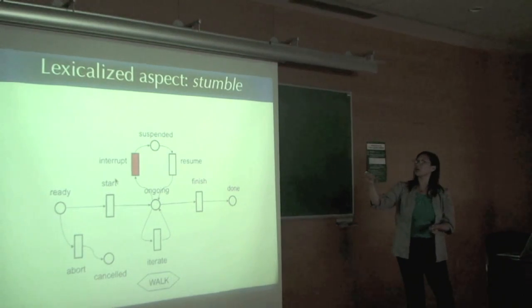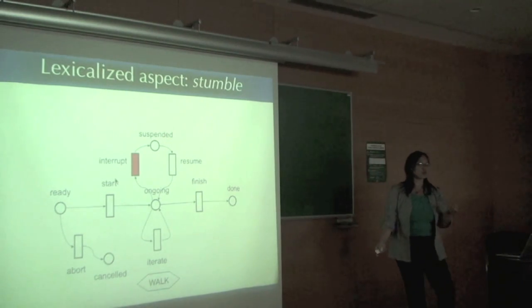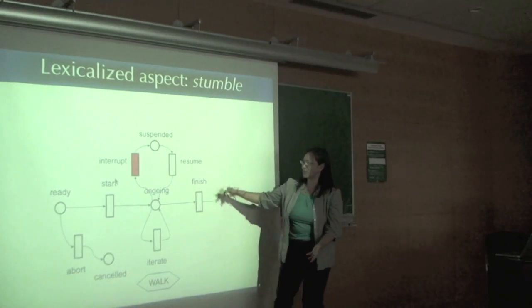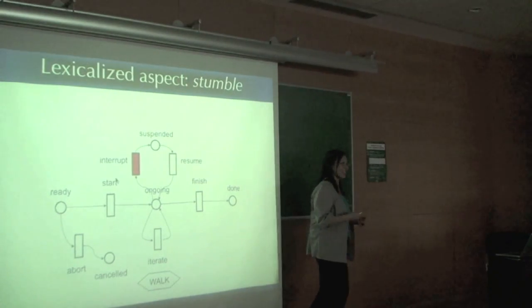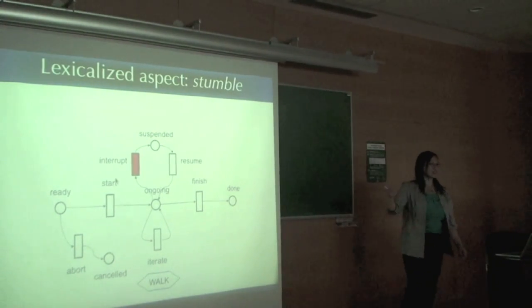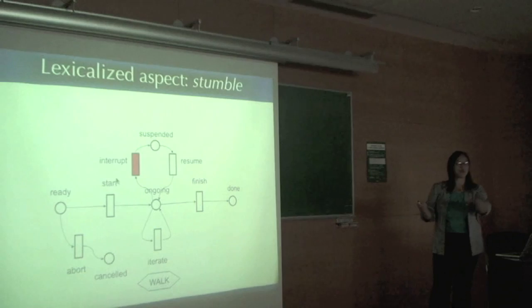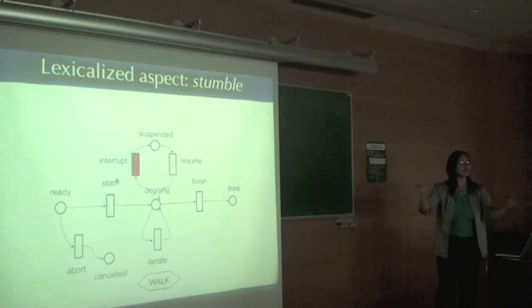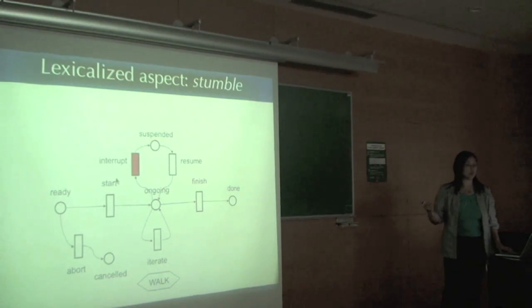So in English, it might not even be a grammatical thing. In this case, it's the lexicalized word stumble. What does the word stumble mean? You can't know what stumbling is unless you know what walking or motion is. So somehow this sort of network for walking, it directly is this idea of interruption, right? Stumble, so you all know stumble is if I trip and I almost fall down, that's exactly stumble. So now I've provided the meaning in a very, very direct way. And similar to the idea of frame that and other things that you'll hear more about probably from Michael tomorrow, the idea is you can't know what that is unless it's defined in terms of other stuff. You need the idea of motion in general and this sort of general process in order to understand stumble.